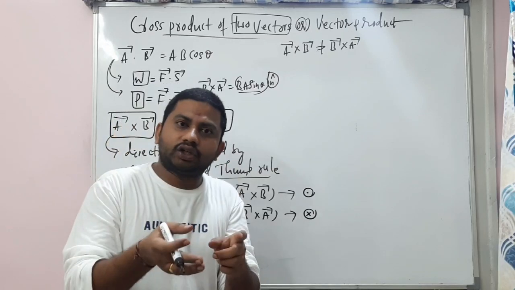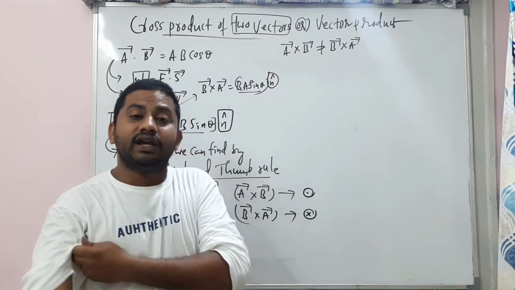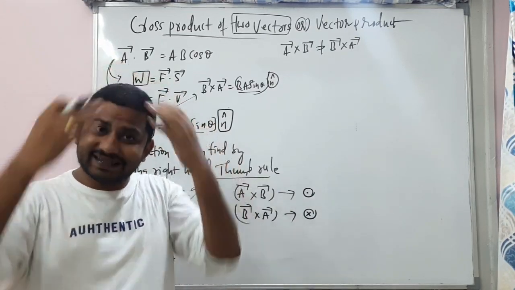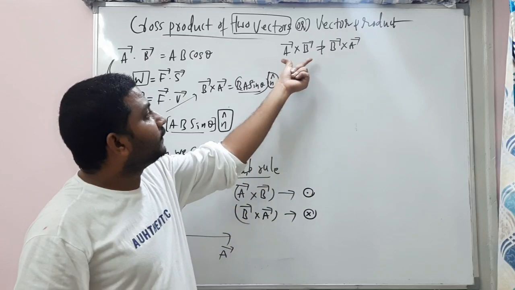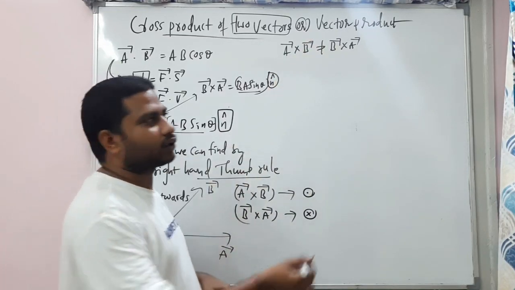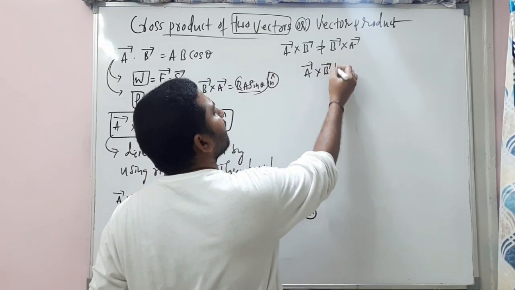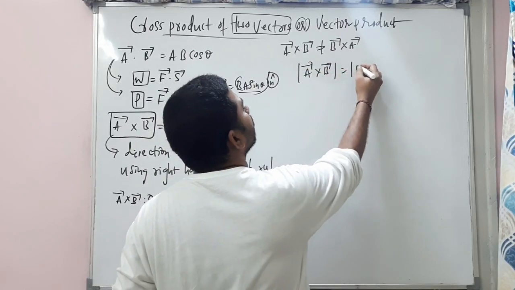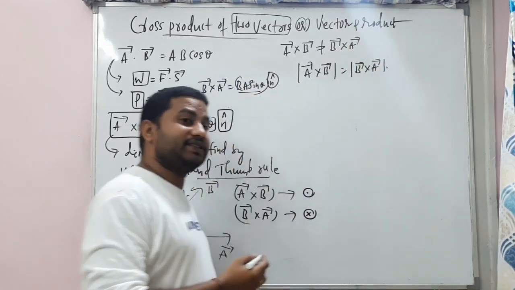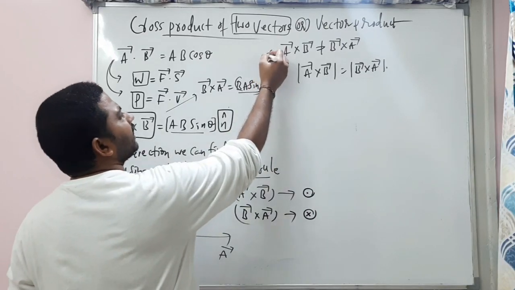So that is the reason, whatever it may be. If the magnitude of a vector is changing, the vector quantity is changing. If the direction of a vector is changing, we say the vector quantity is changing. So that is why here A bar cross B bar is not at all equal to B bar cross A bar, but A bar cross B bar magnitude is equal to B bar cross A bar magnitude, my dear students. This you remember. Alright?